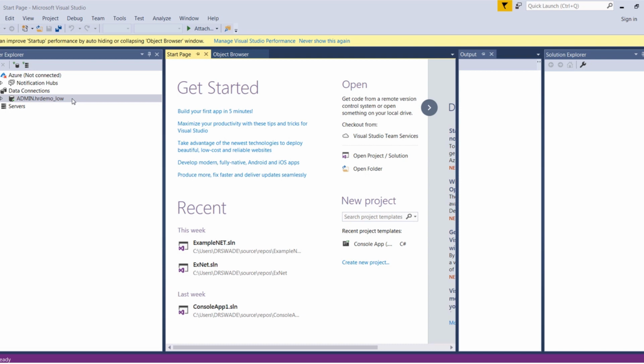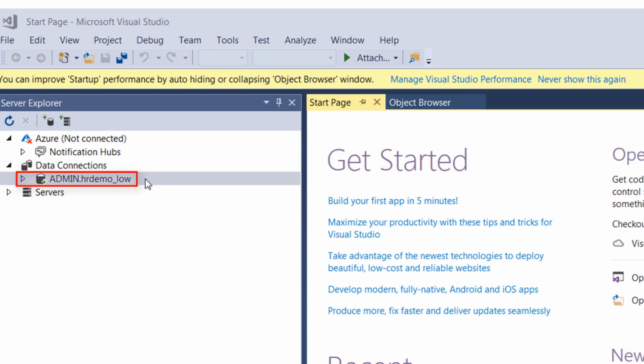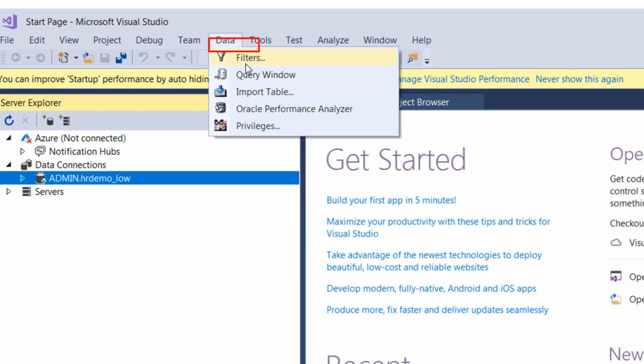The example app you're about to run assumes you have an additional HR user defined for the ATP database instance named HRDemo. To do this, select the admin.hrdemo_low data connection. Click Data, then Query window.